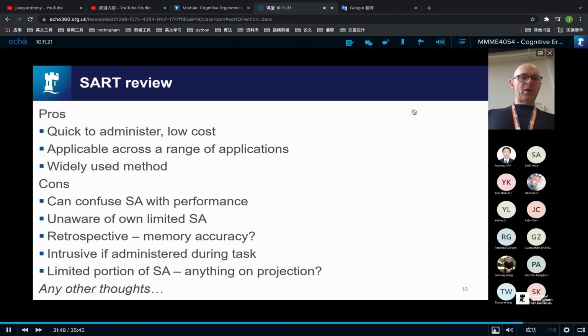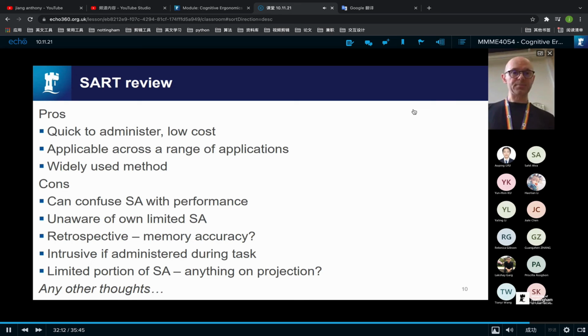We've spoken again about retrospective. Is your memory accurate? An alternative would be to administer it during the task. So either in a probe approach or simply while the operator is doing their job, getting them to complete these 10 questions. Again, that's going to be intrusive, isn't it? You wouldn't want to do that to someone driving a train or a car, as it may interfere with the